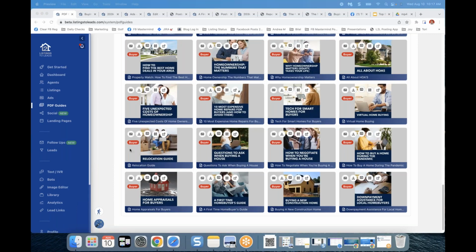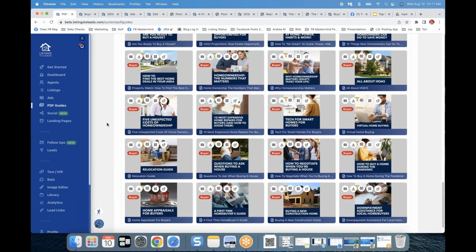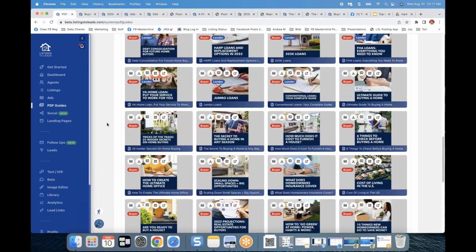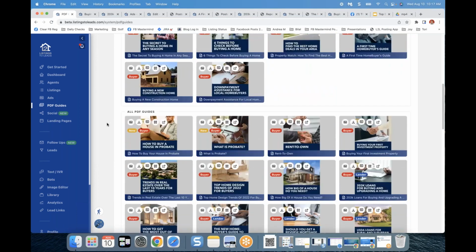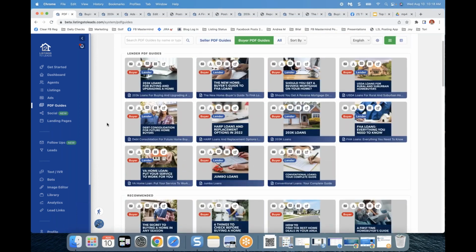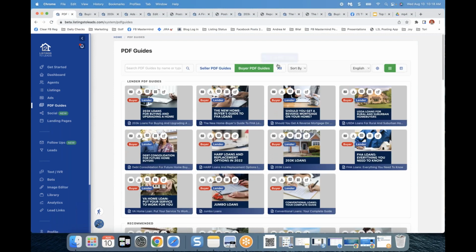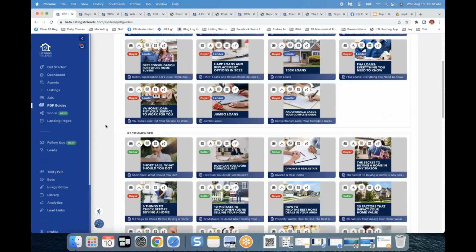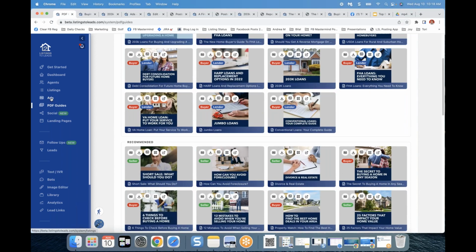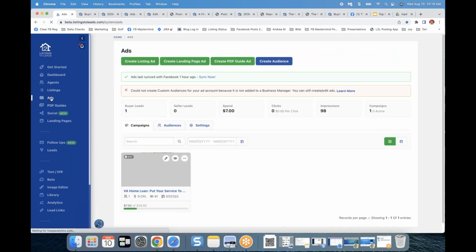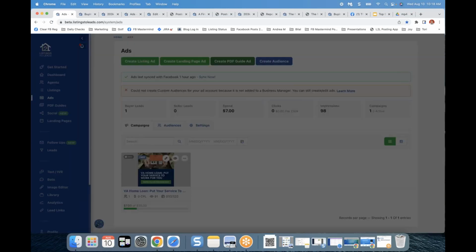So Ryan said, can we use our own PDF guide? You can, but it will not. So let me show you, Ryan. So let me see if I go to all. So how you can use your own PDF guide is go directly to ads. And Ryan, that's a great question because I know a lot of lenders have guides that your company may prepare for you. But so go to ads, create PDF guide ad,